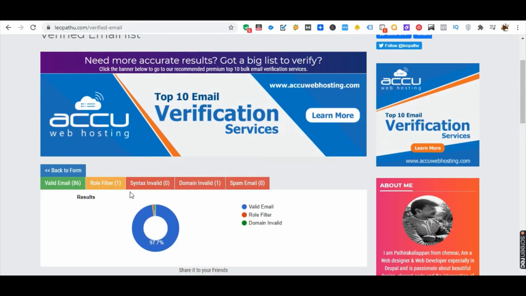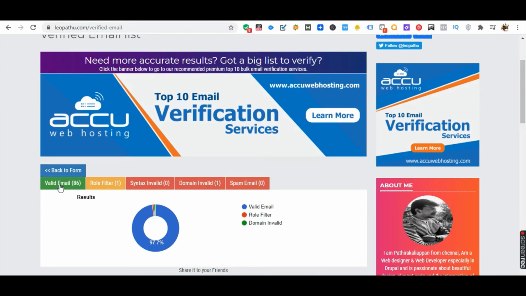And we have got 2: one is domain invalid and one is role filtered. So we need to click on this and an automated Excel sheet would be generated. I've clicked on this valid email, so I think an automated Excel sheet would be generated.